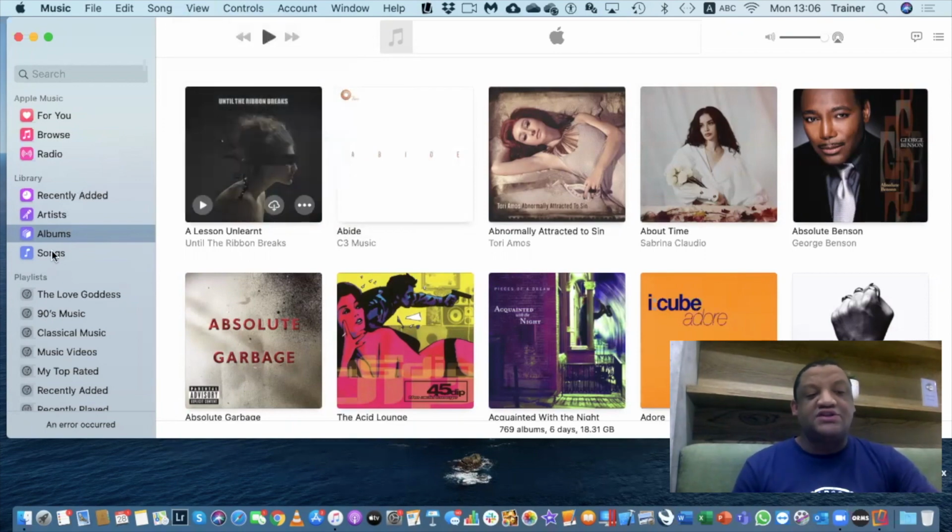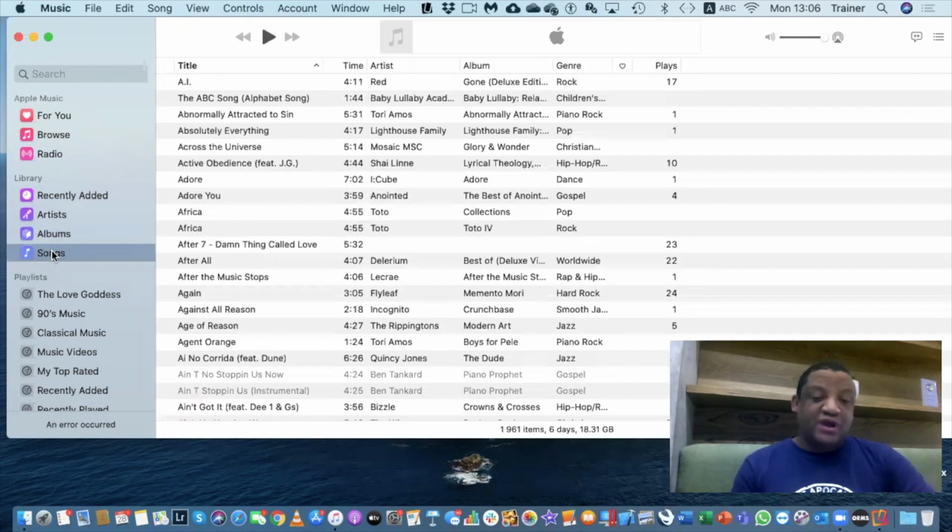Under the song section, this is now where you can highly customize this option here. First of all, you can change the sort by just tapping on the titles or on the title bar above.